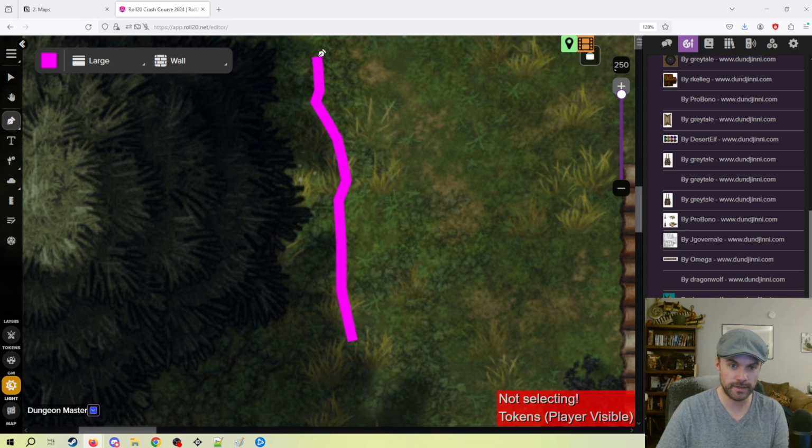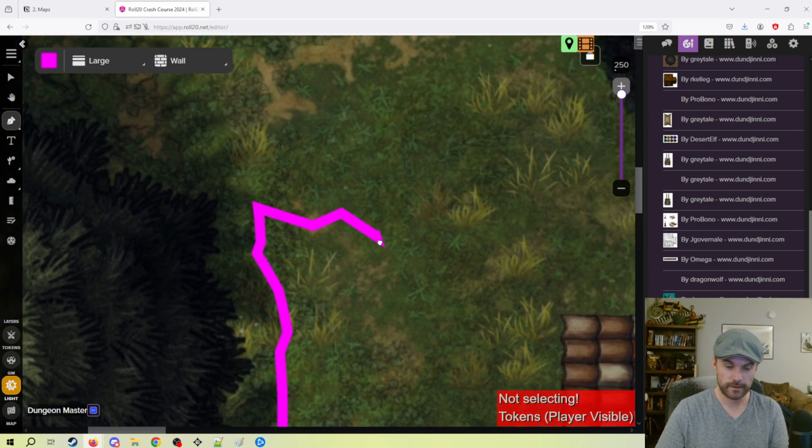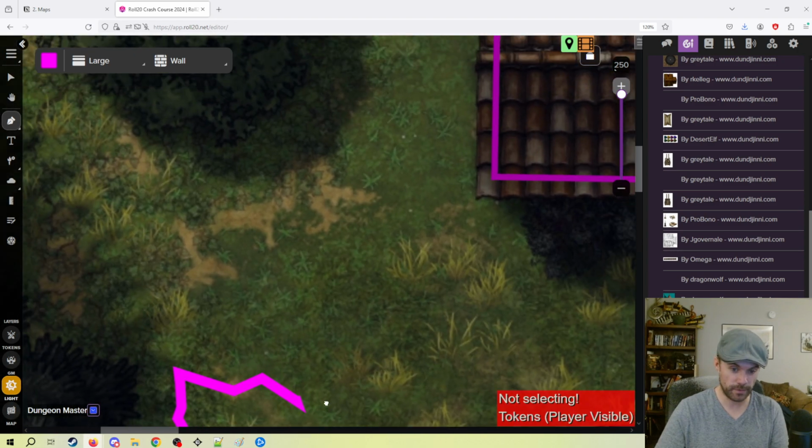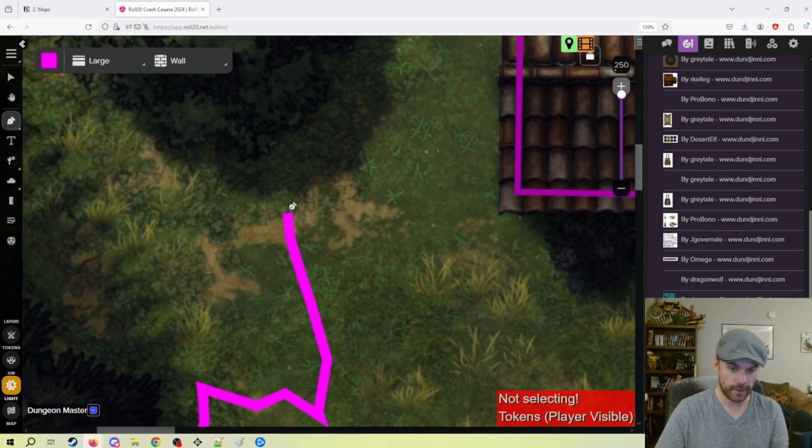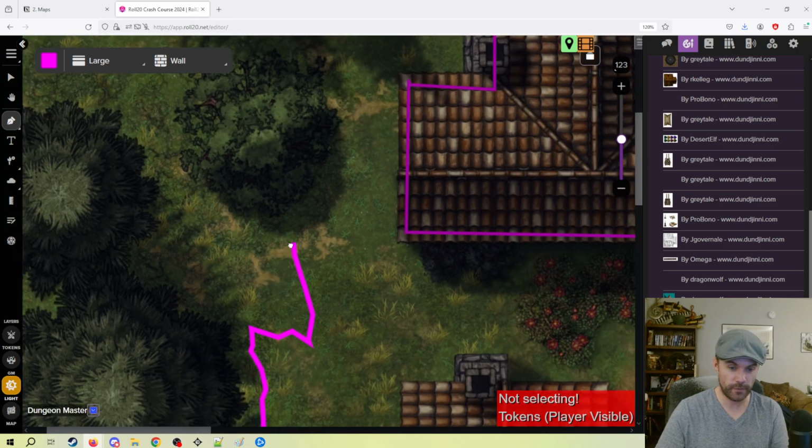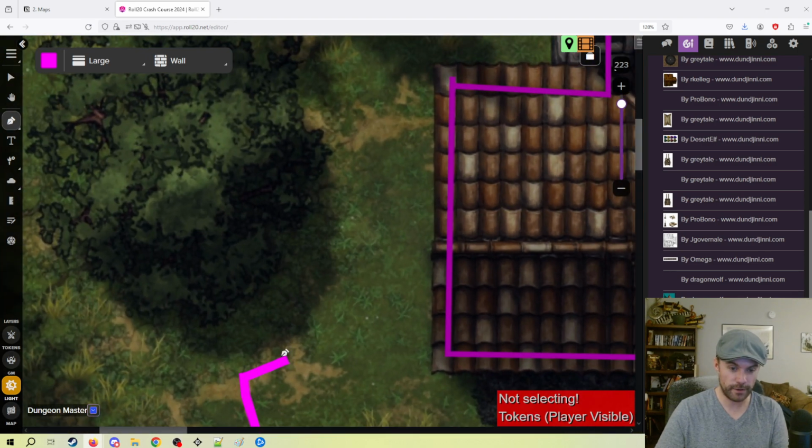And I go, wait, I need to see more. I'm still in the middle of making a line. If I click again, it's going to make more lines. But if I right click and hold, it's going to allow me to still move around the map. I can even scroll wheel to zoom out if I want to. So you don't have to get out of edit mode of drawing your lines